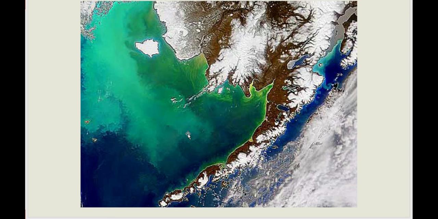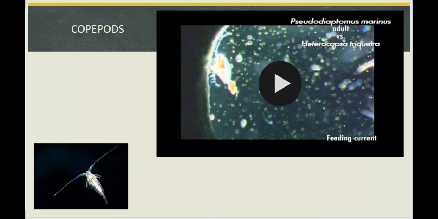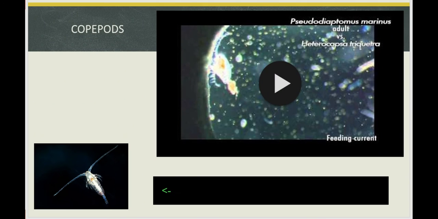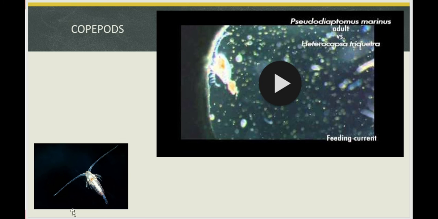But let's look at plankters that are a little bit higher in the food chain. So one of the organisms that loves to eat diatoms would be copepods. So copepods are hugely abundant in temperate waters. This is what they look like. They're zooplankton, all right? They swim freely and they will feed on diatoms, and they do it in a variety